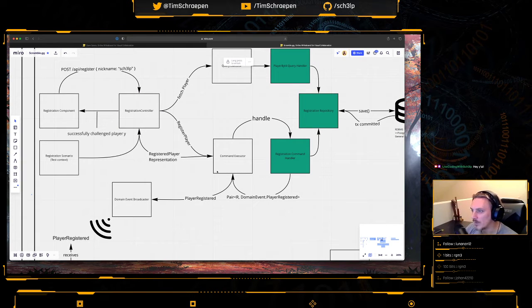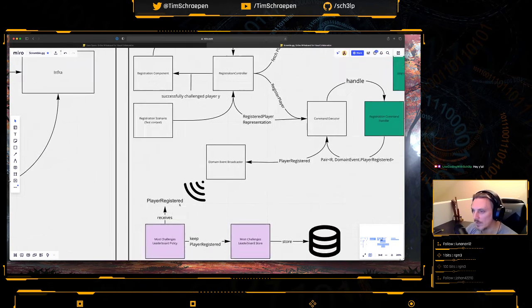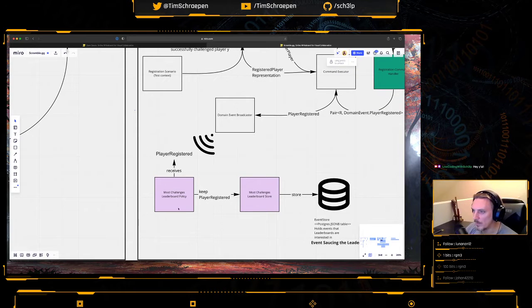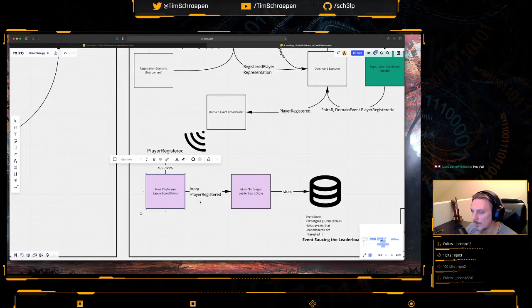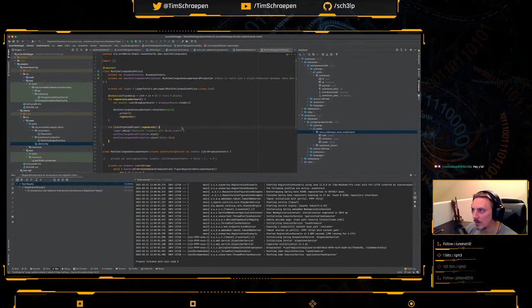Then something gets returned, namely a result, and then a domain event, a player registered. This domain event then gets broadcast via the domain event broadcaster. Then something is listening to that. This is incorrect for now. We've called it, jeez. We have called it,